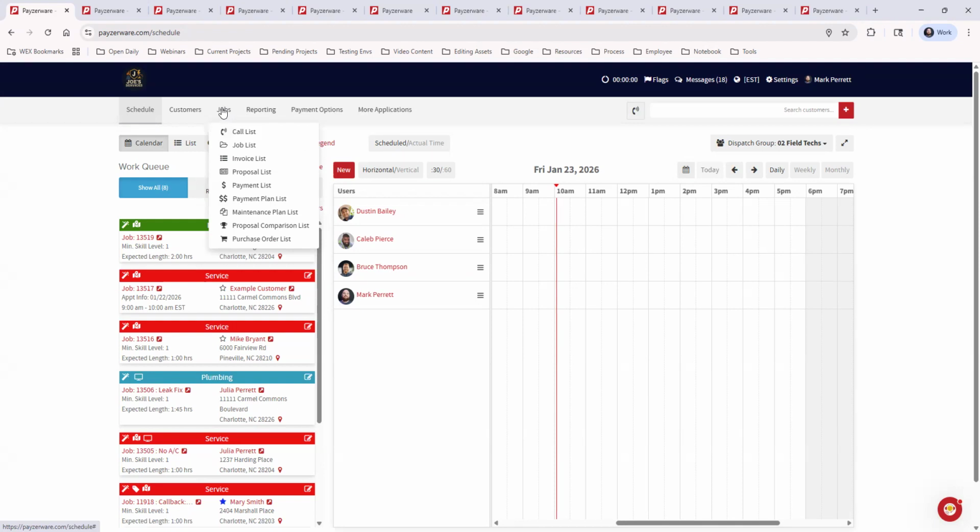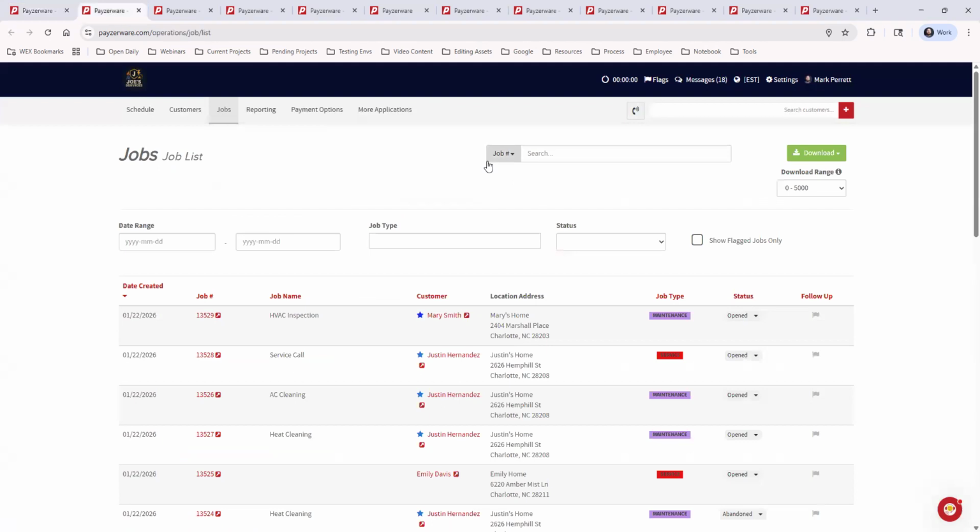First, let's go to jobs, job list. Now, the job list is great for quickly finding a job. If you just need to search a job, you can go here and there's a ladybug that was on my